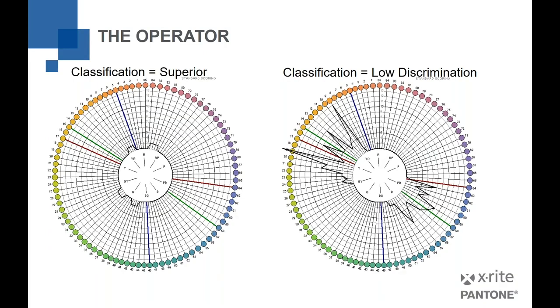And so this person has really good color vision in the red to purple range and in the green range, but they have horrible color vision in the yellow and blue areas. Obviously, depending upon what colors you're assessing, this person might not be suitable to be doing color vision. But again, this